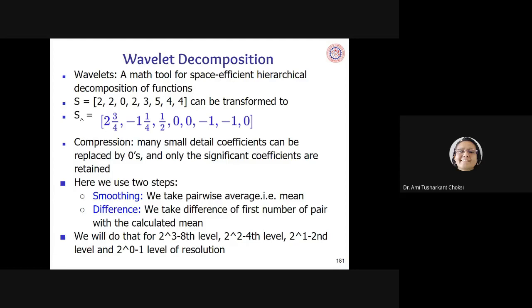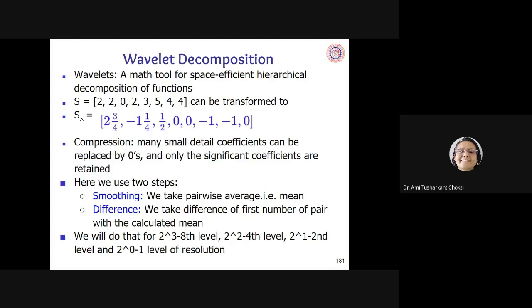We do not define that in general categories. It depends on the particular problem and the particular application, right? But here, in wavelet decomposition, we say that small detail coefficients are replaced by 0. How much you have to consider small depends on your particular application, whether you should allow that or not, or what is a small value for that application. Fine.